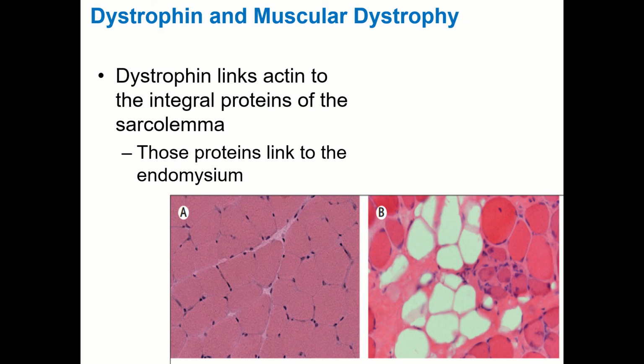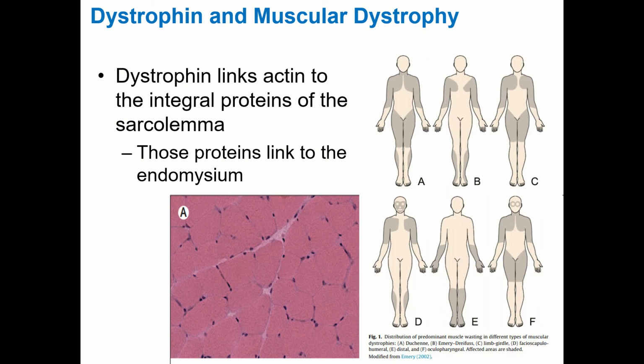And so with that repetitive damage, again, to those muscle cells, eventually your muscle cells are going to die, and they're going to get replaced by connective tissue and by fat. And so if you infiltrate a muscle with fat and connective tissue, it's not going to be nearly as strong. And so the most common type of muscular dystrophy is called Duchenne muscular dystrophy. That particular one, Duchenne, is the one pictured there in the top left. That's its presentation pattern. But it is a sex-linked